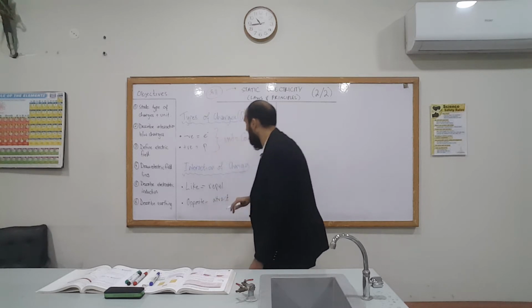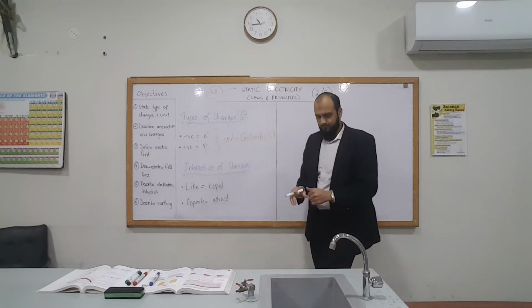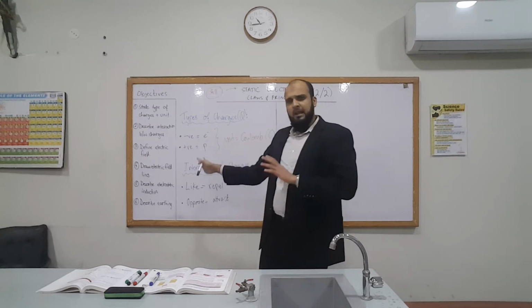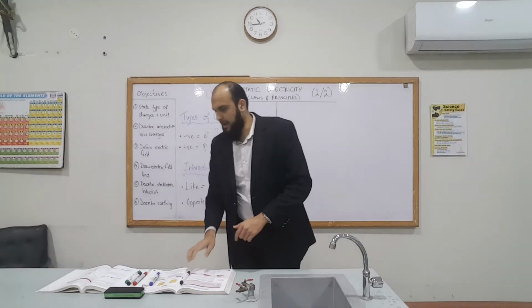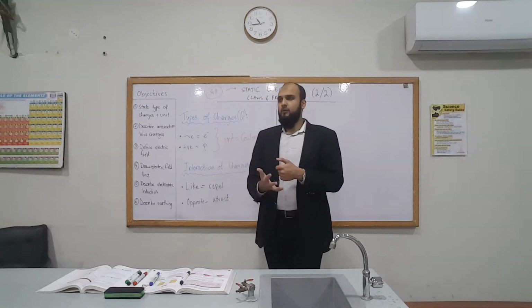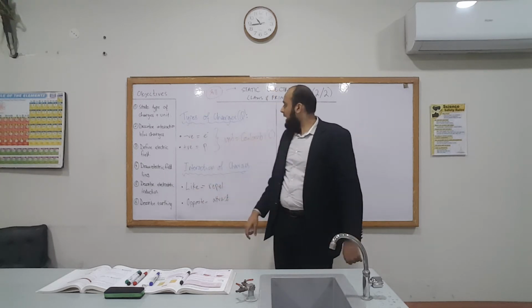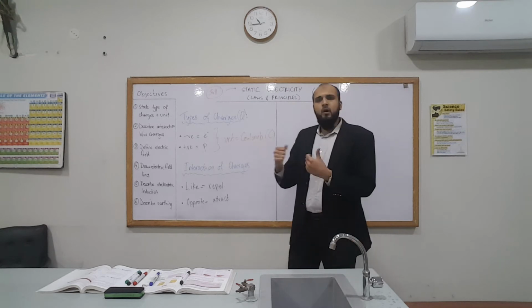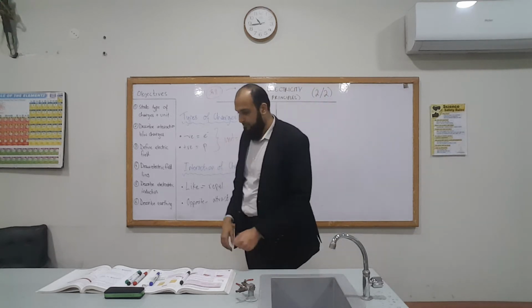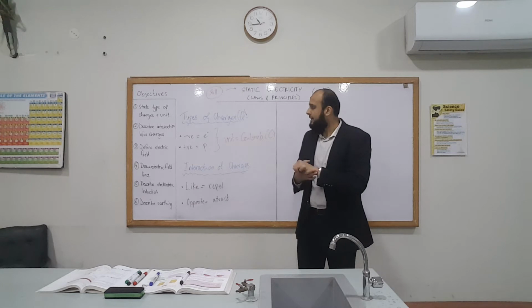So that's a basic principle. Okay, like charges are going to repel, whether it's positive and positive or negative and negative, they're going to repel. They don't want each other. Okay? But opposite charges, they want each other. Okay? They sort of balance each other as well to provide stability.